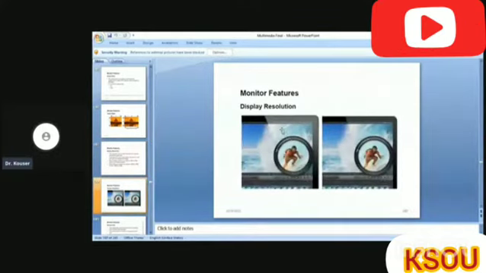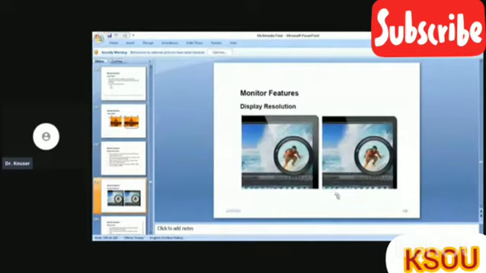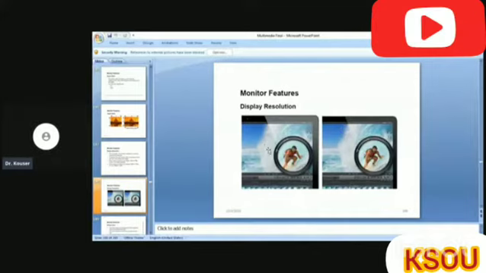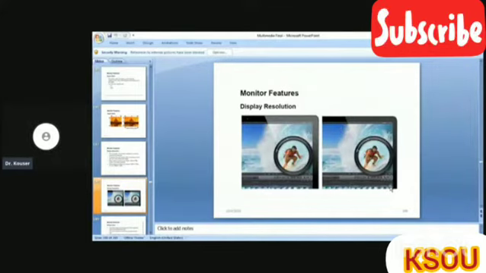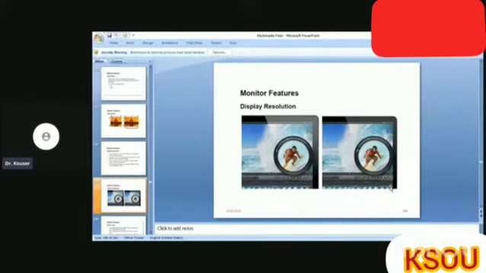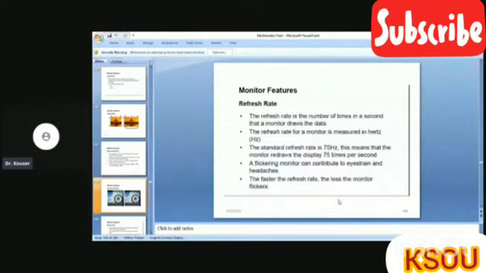You can see the two screens here based on display resolution. This has lower resolution, whereas this has higher resolution, so this is more clear when compared to this. Higher the resolution, there is more clarity. Same is the case when you buy your mobile phones: if the camera resolution is better, then obviously the picture quality will also increase.